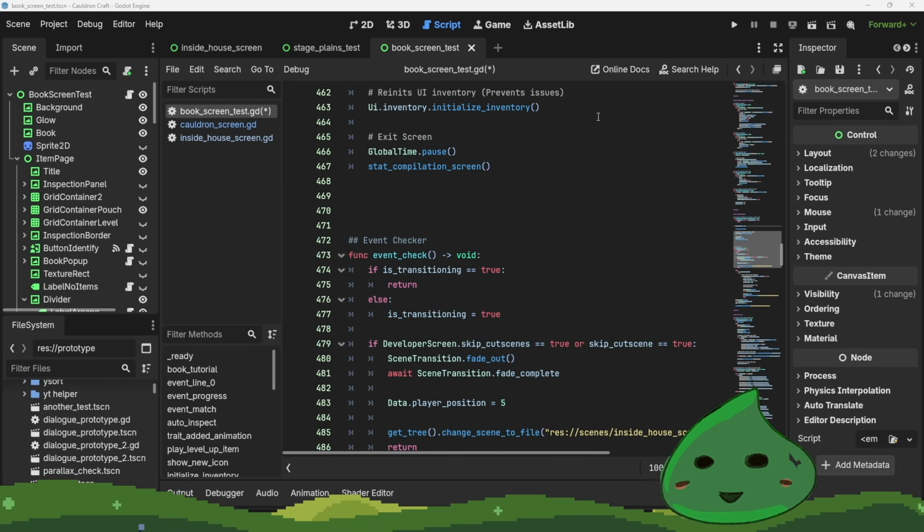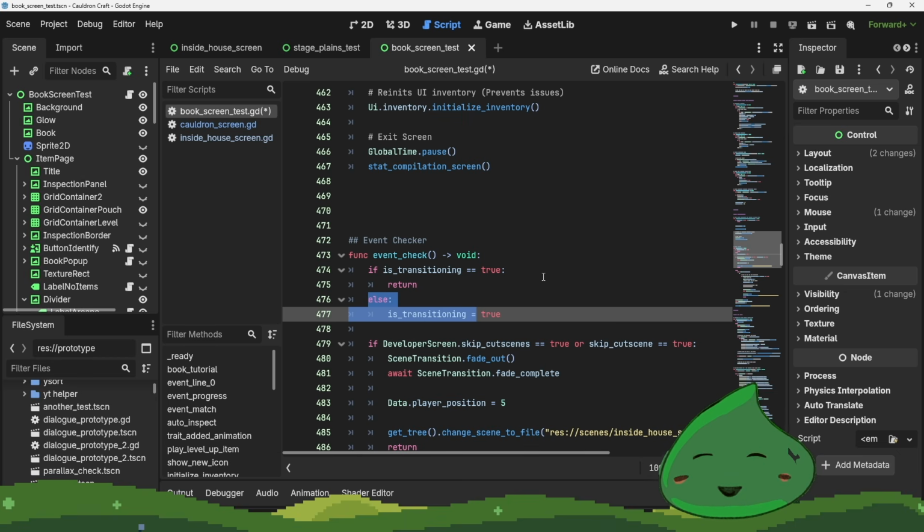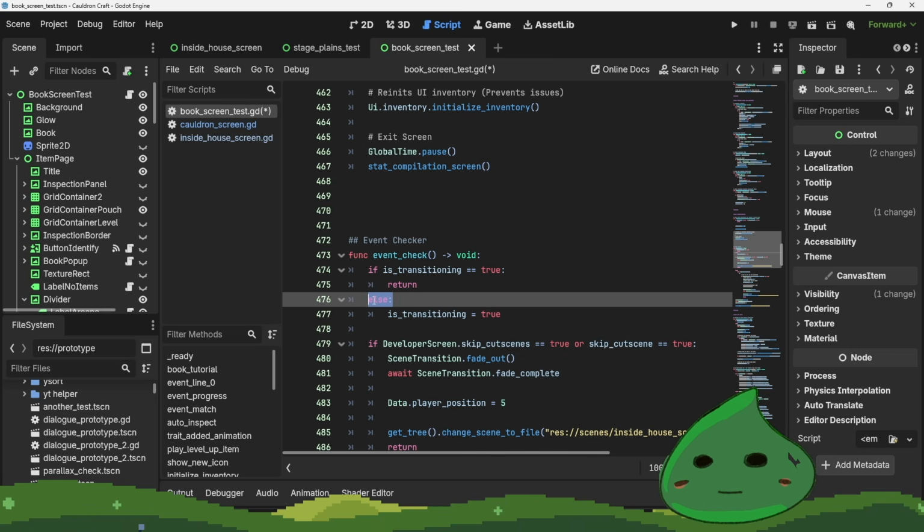Now for the next tip, funny enough, I just scroll down just a little bit and I get to see the very same early return right here. But I wanted to talk to you guys about if-else statements. If a condition is true, it returns. Otherwise, it's going to do something else, right? Else, something else. And the thing about the else is that you will always reach that second state if the if isn't true. Now that's kind of a handful, but what do I really mean is this else is the